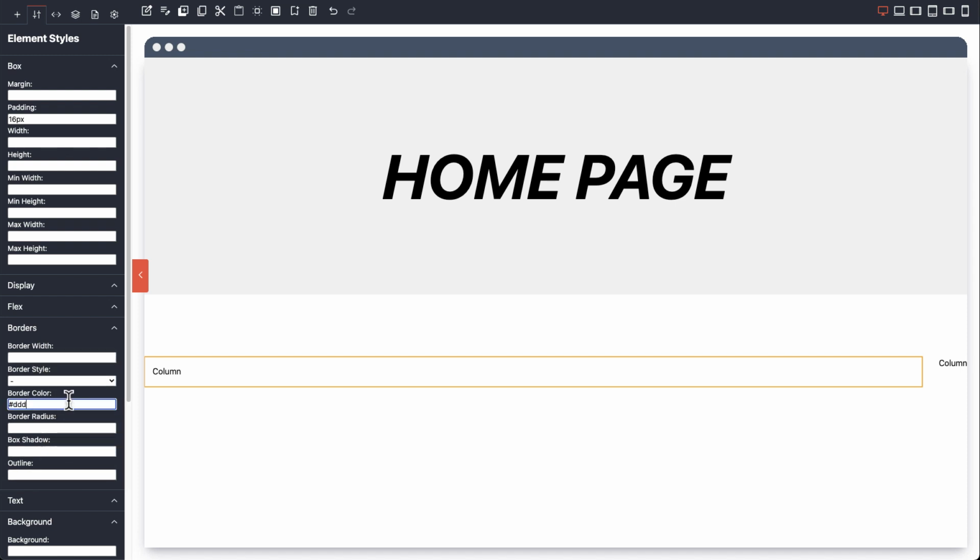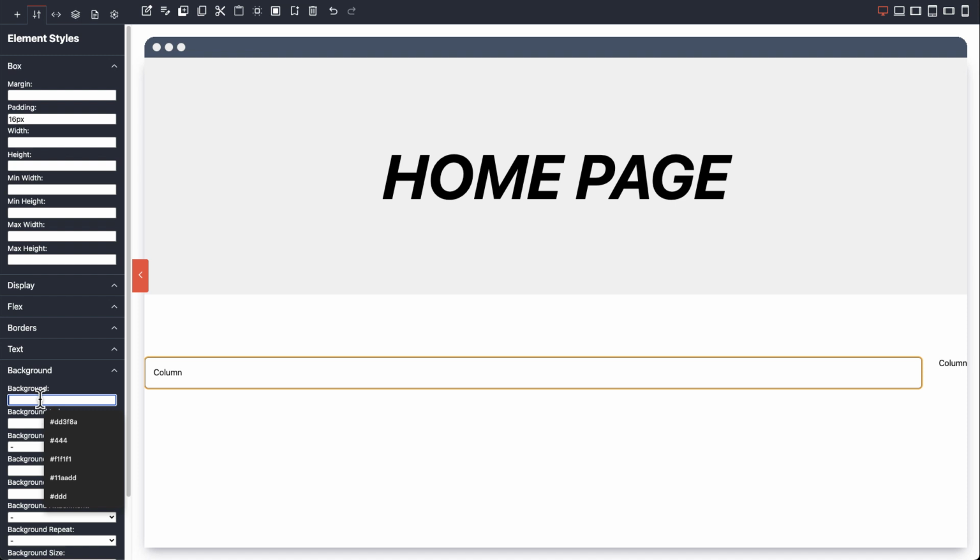All these inputs and selects will be replaced with some UI elements, but now in the first developer stage they are simple inputs or selects. Border width will be 1 pixel, or let's make it 2 pixels. Border style solid. Let's make it darker so that we can see it. Let's add border radius, for example 8 pixels, and let's add some background, for example